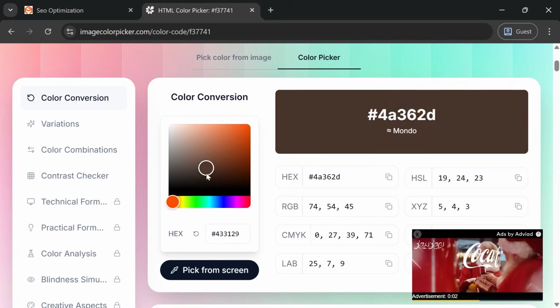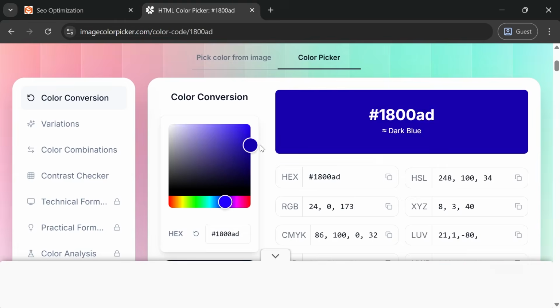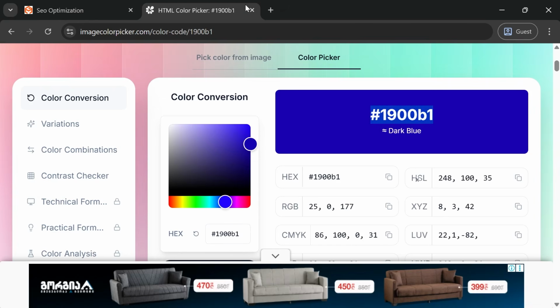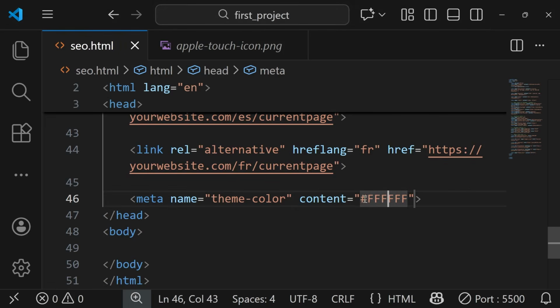Here it is. So you can choose whatever color you want. Let's say this one, and this is the hex code. So we're going to get this and provide it here. That only works for mobiles, and as an example, if you open the website on an Android phone, the browser's top bar will be colored with this dark blue, and you should pick the color which is close to your website branding, right? In this case, the website and the browser itself will feel more integrated into your website and